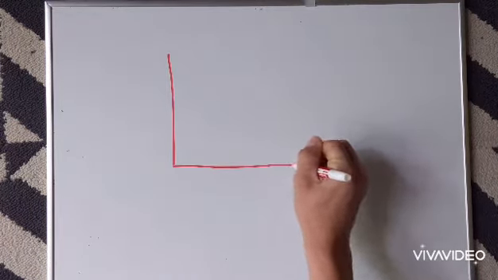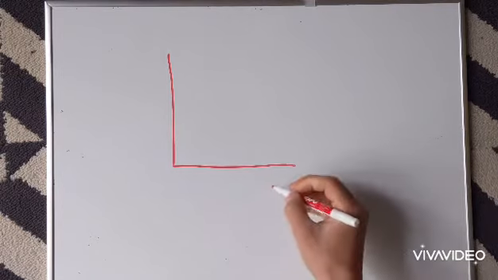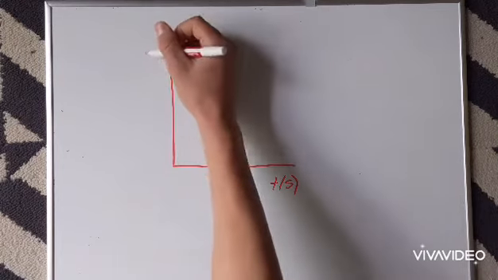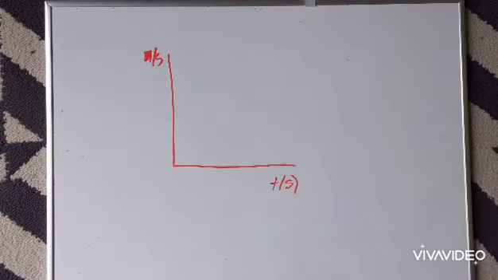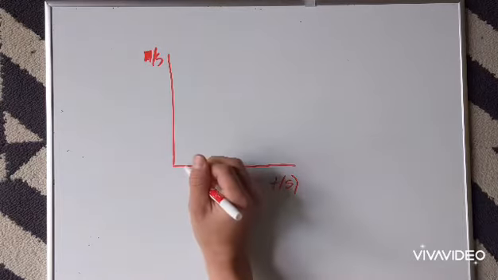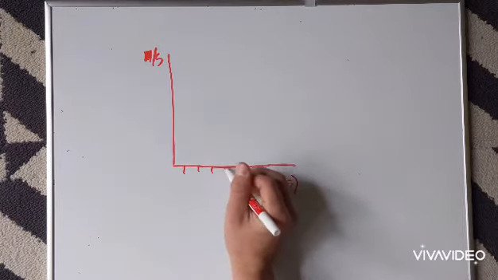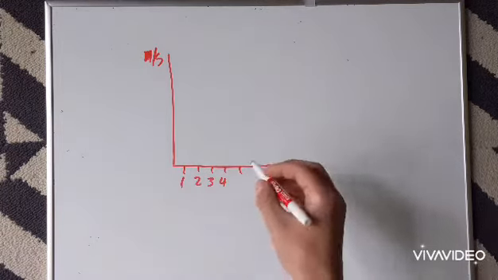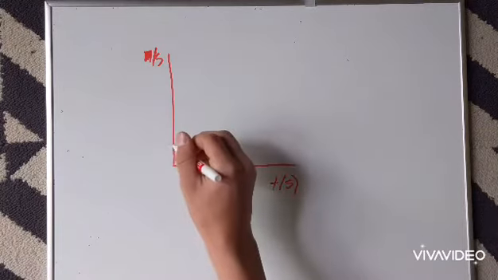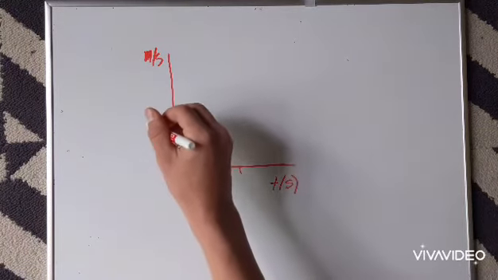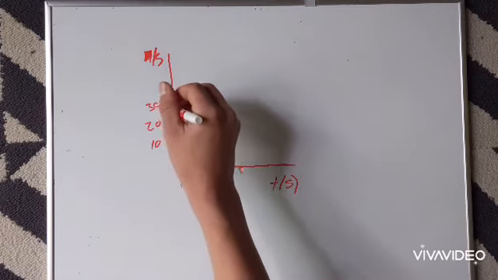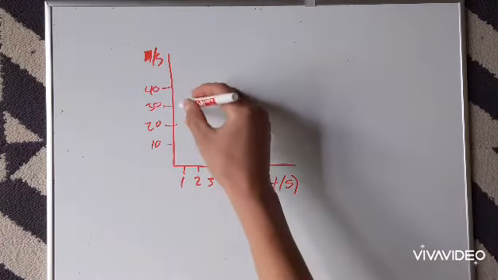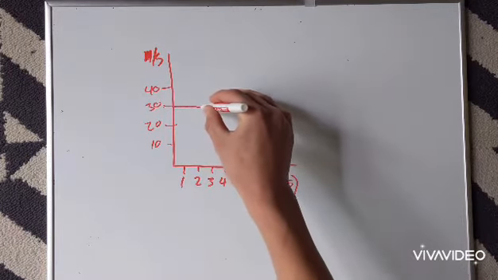So we're going to label these axes. This is going to be time, and this is going to be velocity, in meters per second. We're going to have 5 here, and then we're going to do these by tens. And if we draw our line like this,